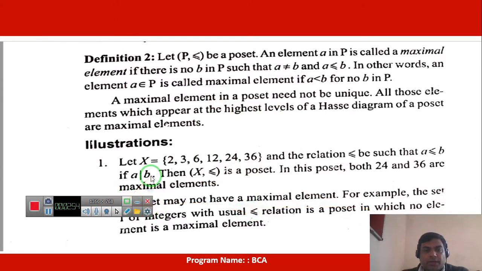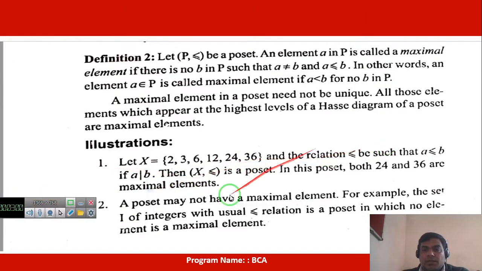So let X equal to 2, 3, 6, 12, 24, 36 be a set and the relation be the divisibility relation. 2 and 3 divide 6, 6 divides 12, 12 divides 24 and 36, and this is a partially ordered set. In this partially ordered set both 24 and 36 are maximal elements, because